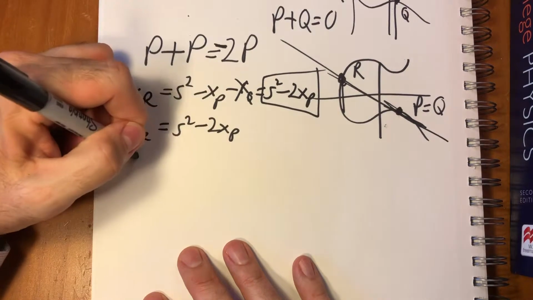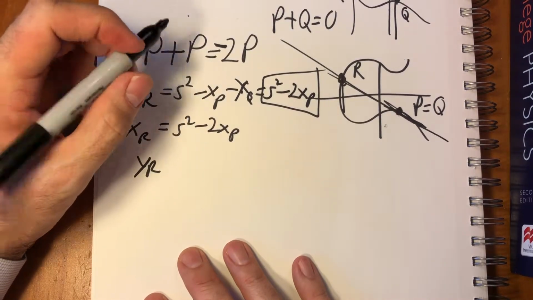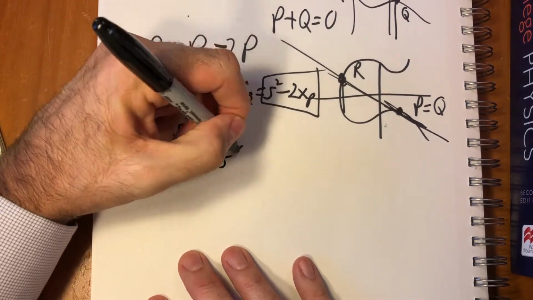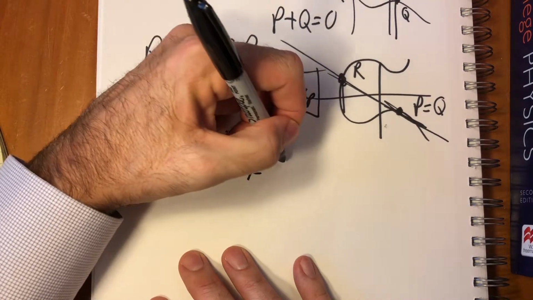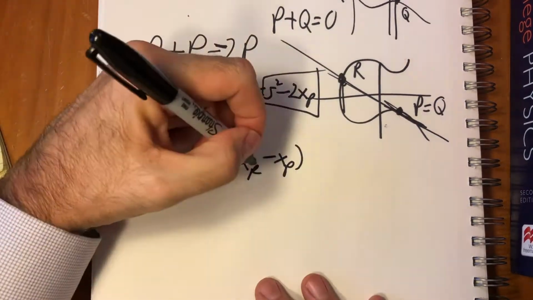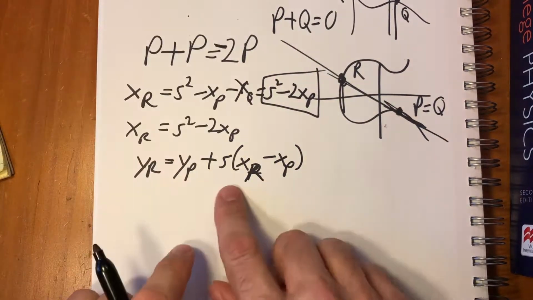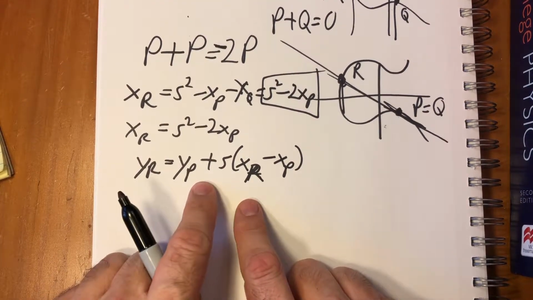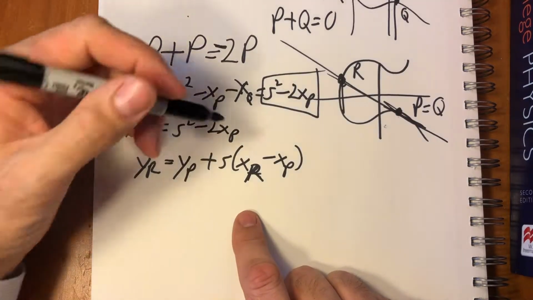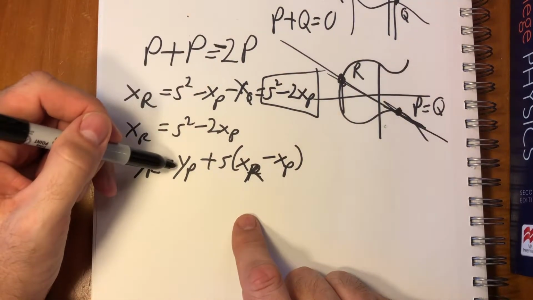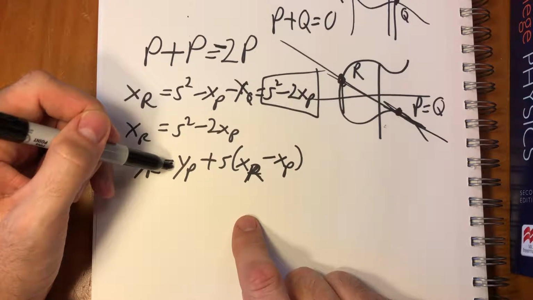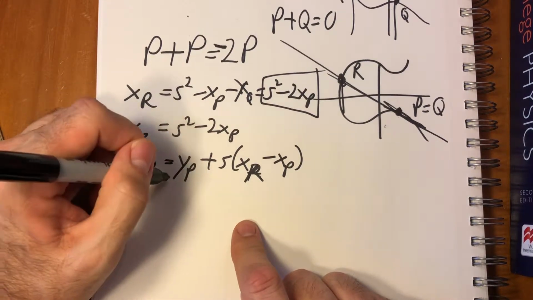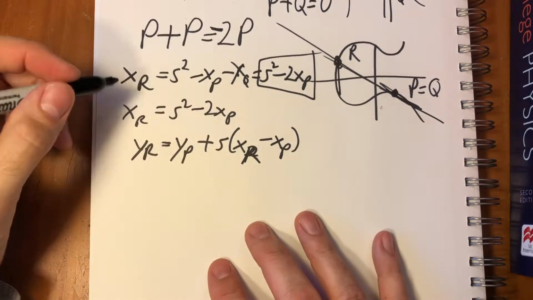And then YR equals YP plus S times (XR minus XP). So again, it's the same slope line, but here it's XR instead of XQ, and we just move that over. Oh no, I'm sorry, that's not right. It's because it was minus over here, so it's plus over there. Okay, so these are the two